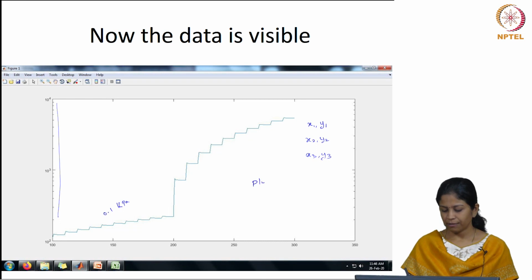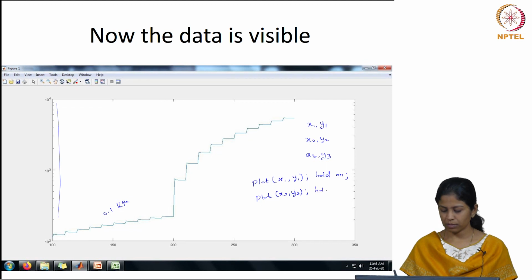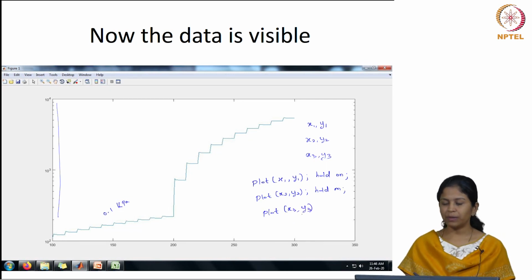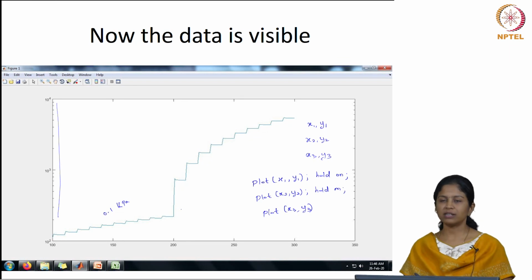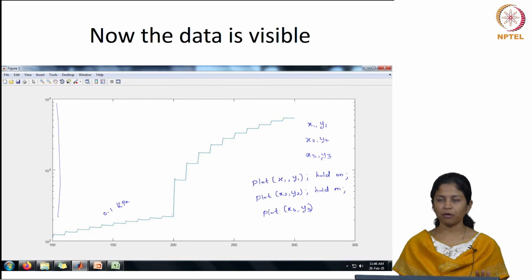So, then we first plot x1 comma y1, you specify hold on, so that it will replot in the same plot, and then you give plot x2 comma y2, hold on, plot x3 comma y3. Then we will be able to get all the 3 plots in the same figure, and then we can compare across, right. So, this is possible,